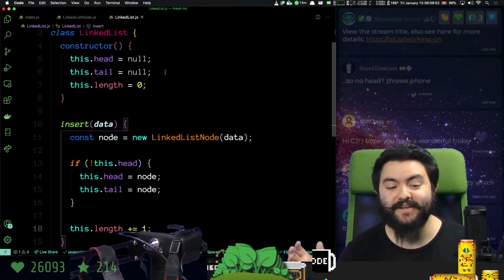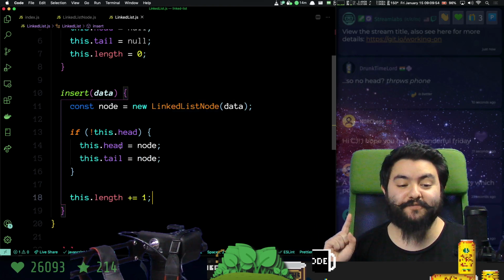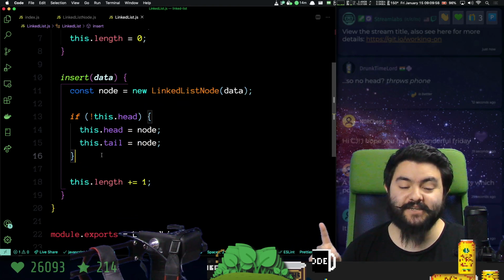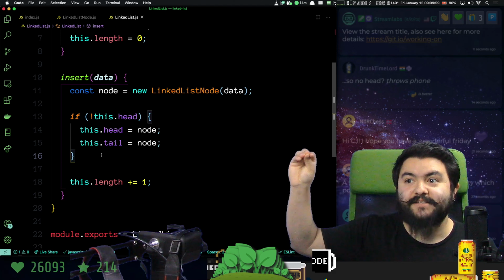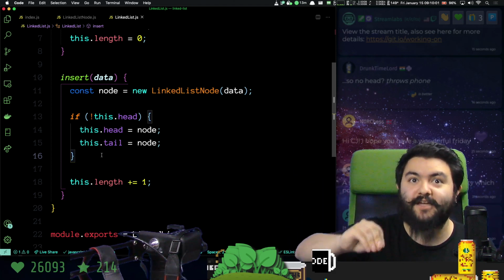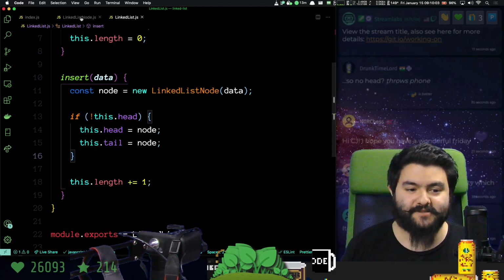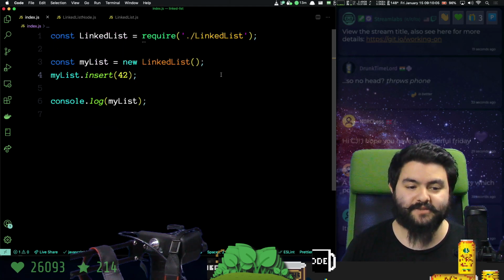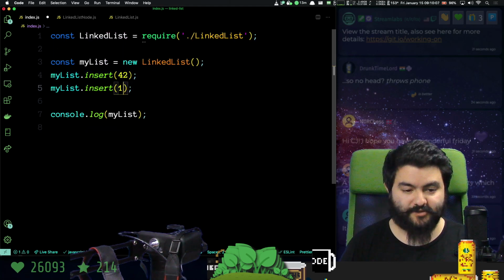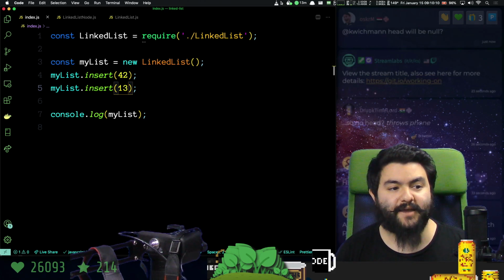Great. But now we need to handle the case where, what if there is a head? We actually need to take this node, set it to be the next of the tail, and then set that node to be the tail, right? So it should work like this. We insert 42, and then we insert 13. But if we look back at our diagram,